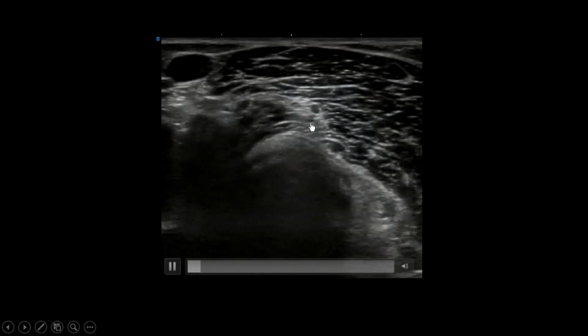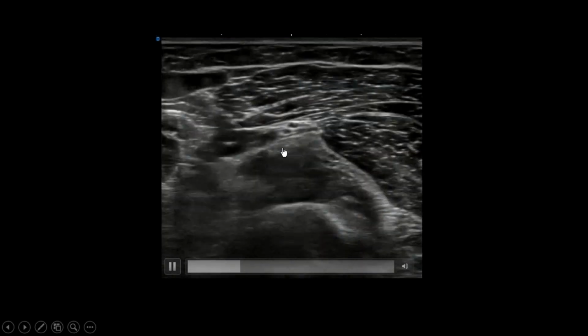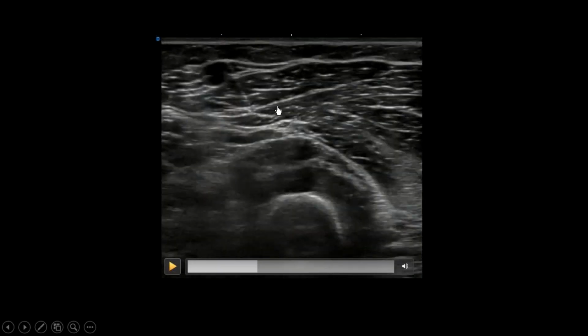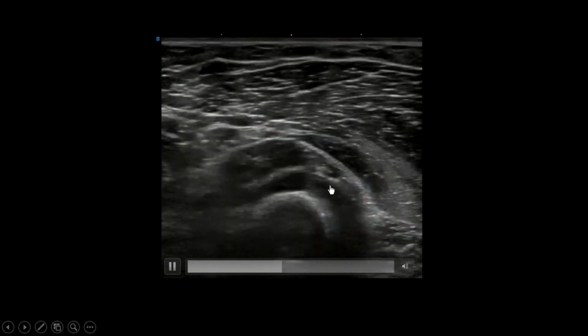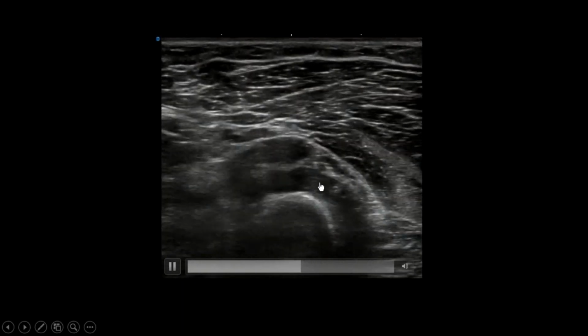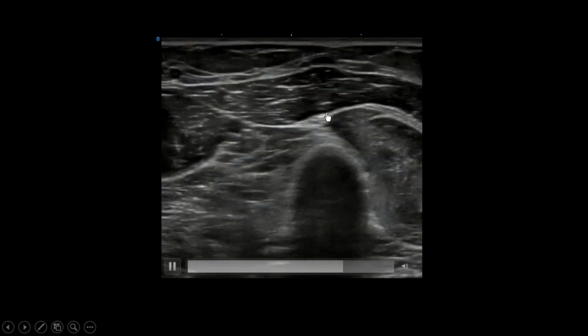Now, as I scan distally, you can see one part going superficial and the other one, I'm going to hold it right there. So this is the superficial radial sensory nerve, and that's the posterior interosseous nerve, which is going between the superficial and deep head of supinator. So that's a muscle, and it's sandwiched between the superficial and deep head of supinator. And if we continue distally scanning the nerve, we'll lose the posterior interosseous, but you can still see this superficial